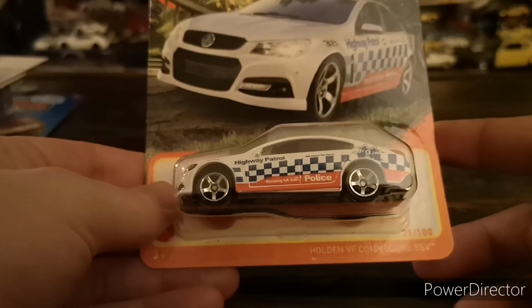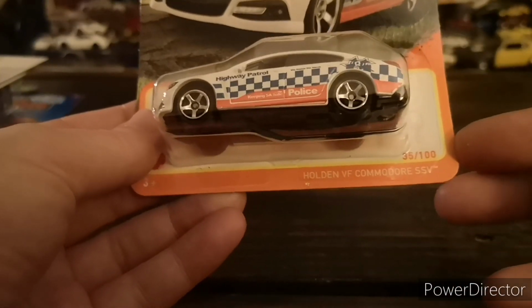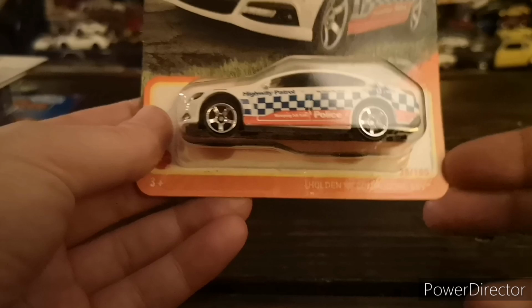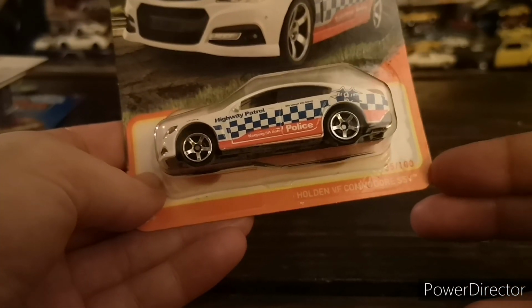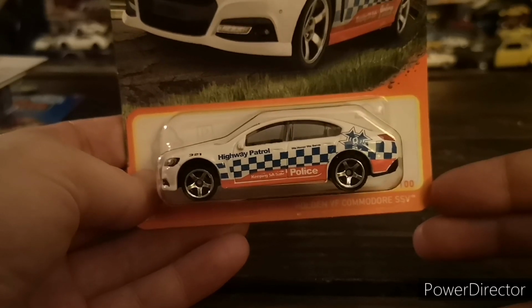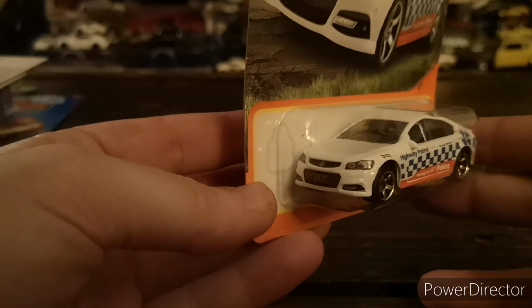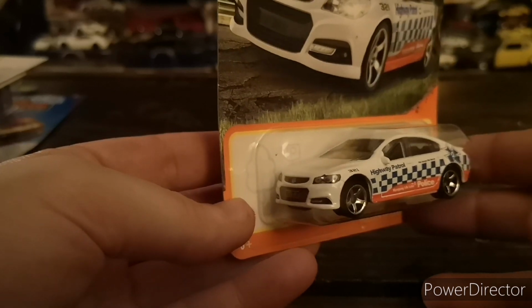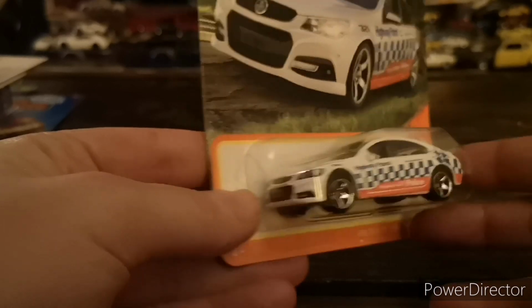Holden VF Commodore SSV, which is awesome. So this is not an HSV model, but it's the sport version of the non-Holden Specialty Vehicle Commodore line. So great work up front. This is the generation right after, well, I should say the facelifted version of the